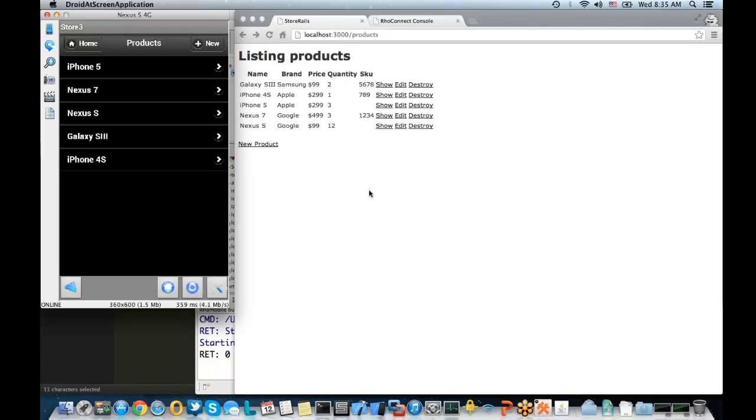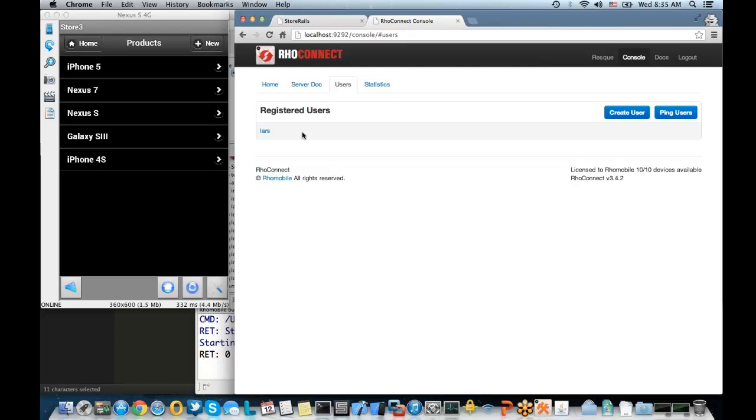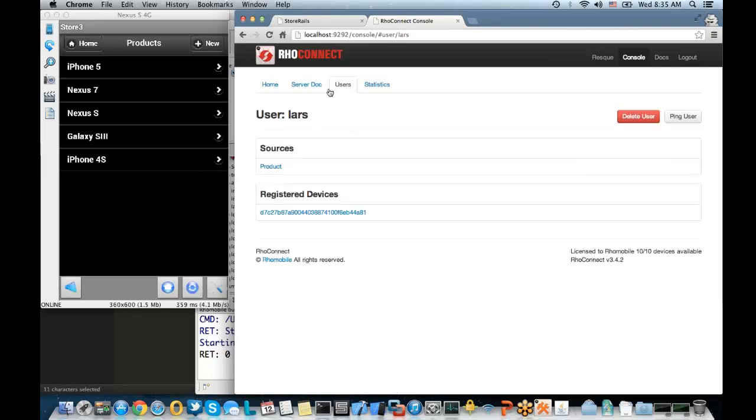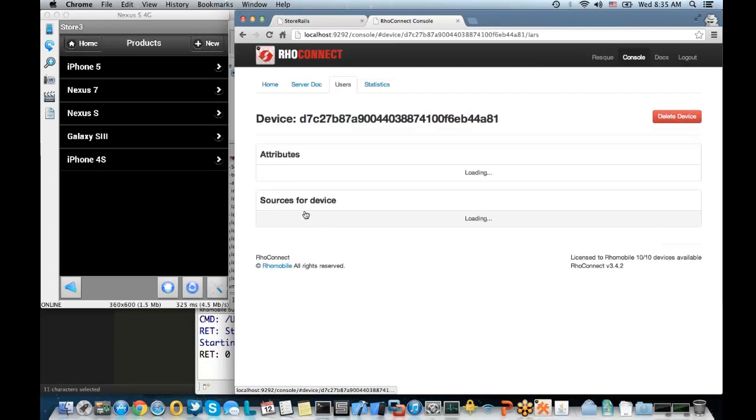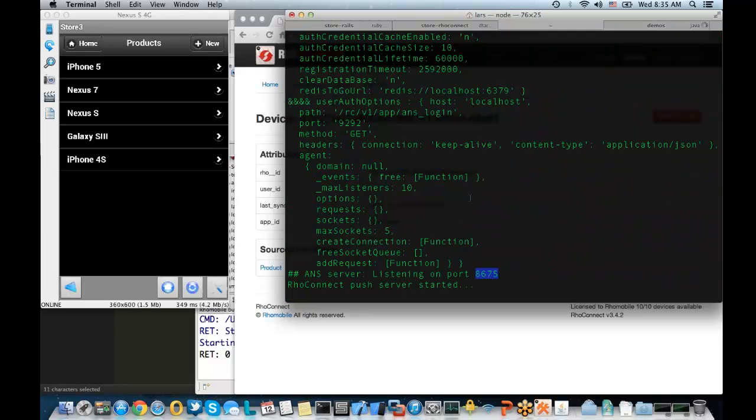Now we'll do the push part. The really cool thing is, first thing I want to do is check, did I set up push properly? And this is what you want to do when you first set it up and you're getting familiar with it. I'll go in my RhoConnect console to the new user that was created here, Lars. And I'll see there's a new registered device. And so you can actually see, for